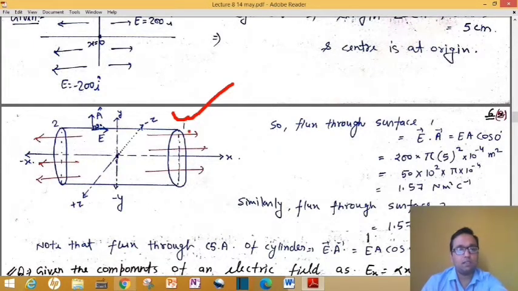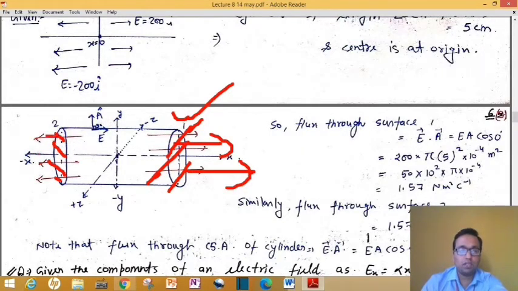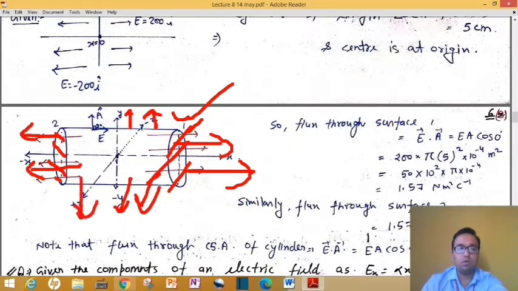Category number 1 is area 1, or this flat area. You can see this flat area is your first area. This second number means this is your second circular area. Electric flux will come out through this plate, and through this circular area electric flux will also come out from here. But if I ask you, will there be any flux that will come out of this curved surface area? Your answer will be no.